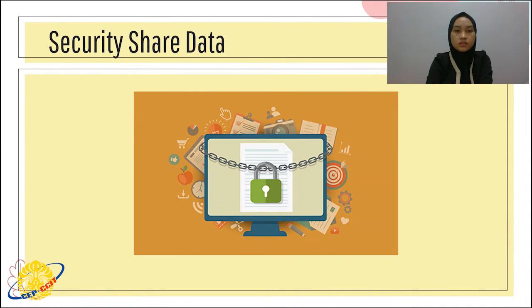And then, security share data. Data sharing has grown in popularity and frequency as people work remotely and enterprises move to the cloud. However, anytime employees use technology to share files between devices, there are security risks involved. File sharing can introduce risks of malware infection, hacking, and loss or exposure of sensitive information. Without proper security measures in place, the benefits of file sharing can be significantly outweighed by the potential for exposing company sensitive data to new security threats.